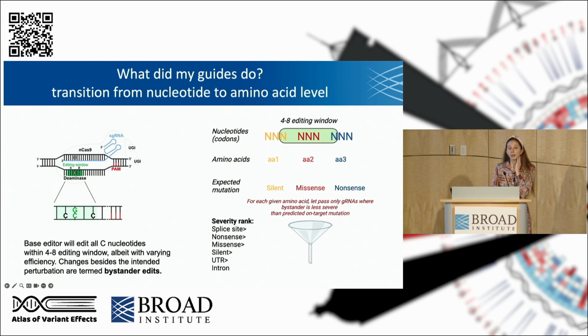And when we are at the stage when we would need to assign a z-score to the amino acid, it is important to understand that the z-score value of a particular guide is very likely to be determined by the most phenotypically severe predicted mutation. So in this case, it's going to be a nonsense mutation. Therefore, we can assign the z-score from the nonsense introducing guide to the amino acid 3 in this case, but we would not